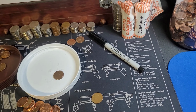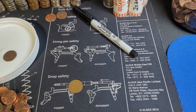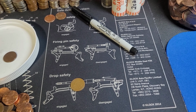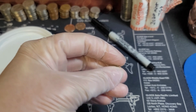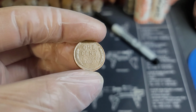Alright guys, so we've got actually quite a few rolls down. I don't come in for every find. That just makes too many video clips when I'm trying to edit, so it's a pain in the butt. So we've got more rolls down. We've got 312,000 rolls to go. And I just found this one, and I have not seen what the year is yet. So I figured I'd pop on the camera and...